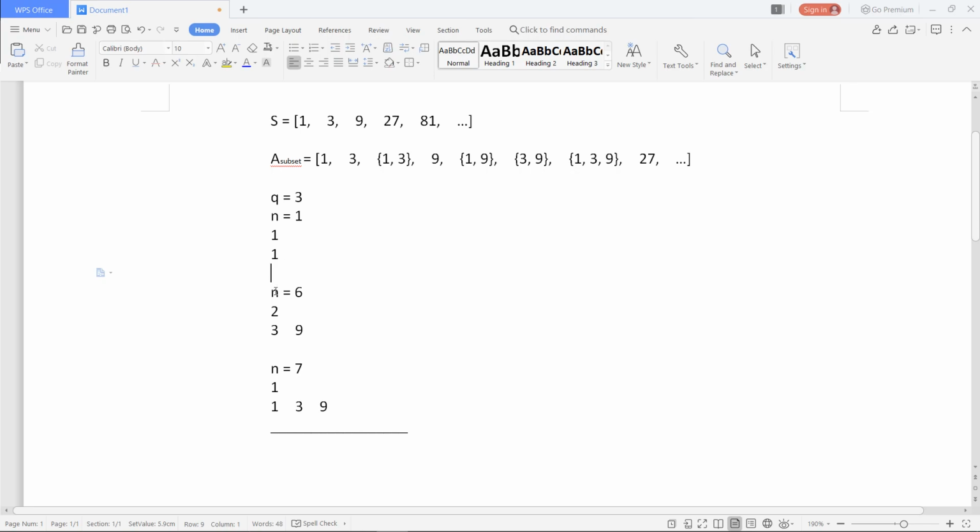For n equals 6, counting 1, 2, 3, 4, 5, 6, the total number of elements in this subset is 2, and we print both elements, 3 and 9. For n equals 7, this is the 7th subset, and we have to print the length of this subset and the elements of the subset in increasing order.